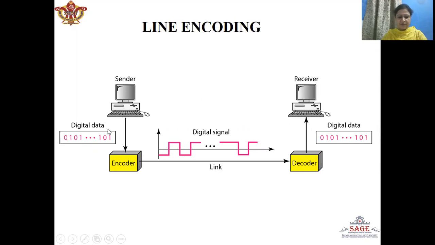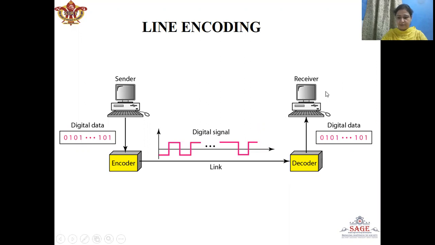In this type of encoding, the binary ones and zeros generated by a computer are translated into a sequence of voltage pulses, plus V and minus V, that can be propagated over a link, and it will be received by another computer system, which will again decode it as a sequence of zeros and ones, to be interpreted by